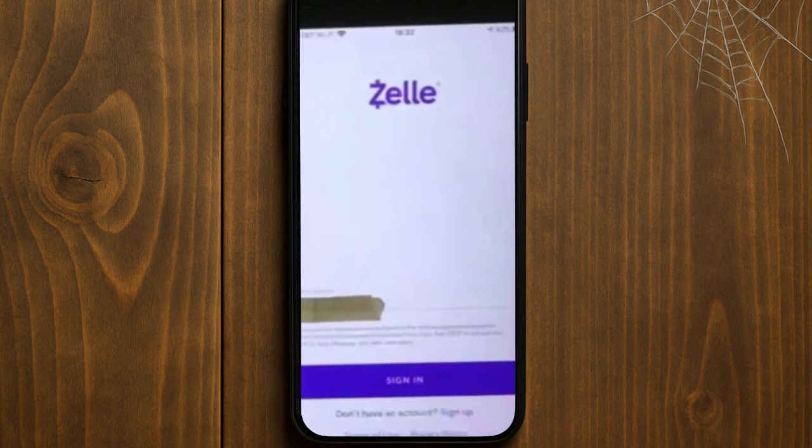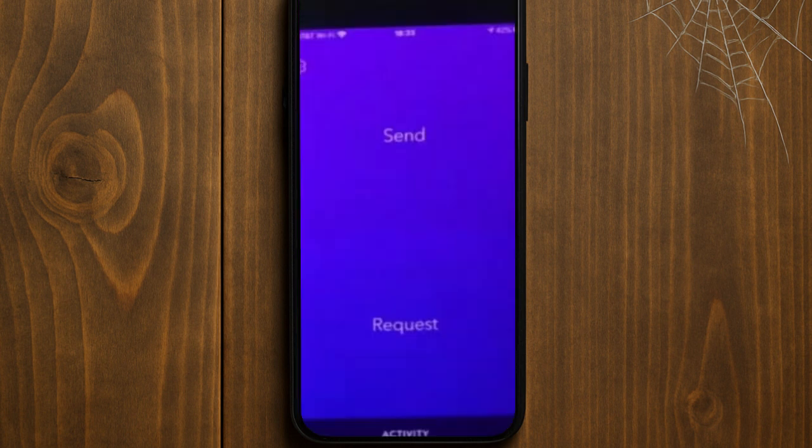To use Zelle with Capital One, first log into your Capital One mobile app or the online banking website. On the dashboard, find and tap Send Money with Zelle, usually under the Payment and Transfer section. If it's your first time, you will need to enroll your email address or US mobile number with Zelle through